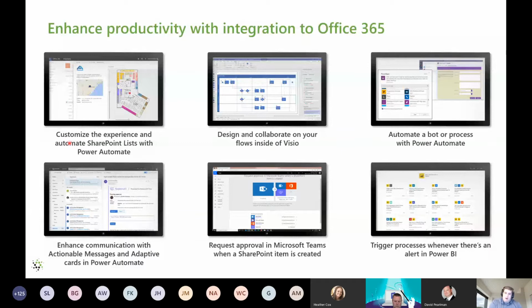Overall, when we talk about Power Automate, we have a lot of flexible features that make not only the consumption of these flows valuable, but also the development and the build of these flows. So overall, we can use a lot of different connectors available in the platform. For example, you're able to use a SharePoint list as data storage or document storage, or leverage it as a source or a destination for content or processing.